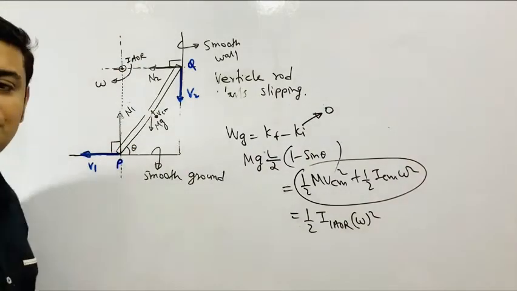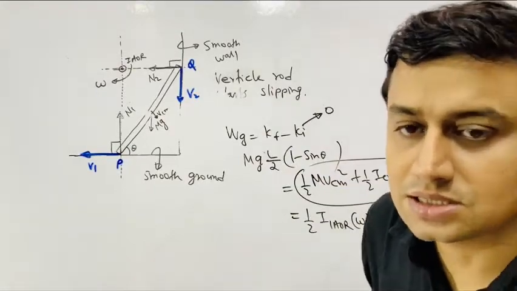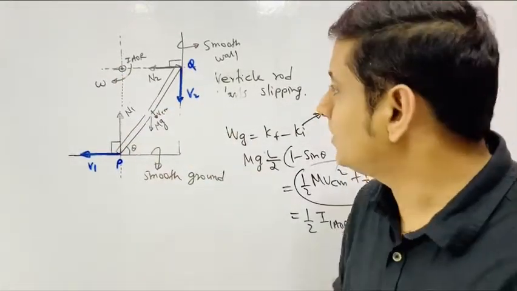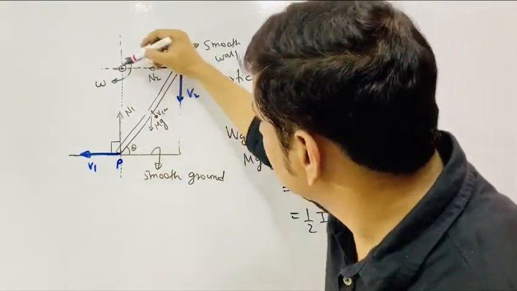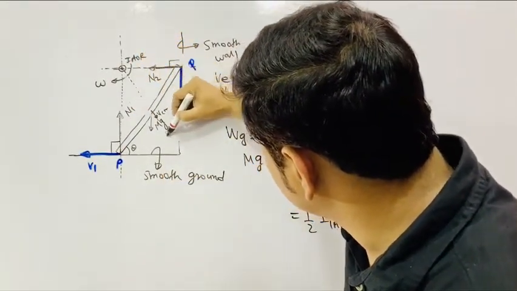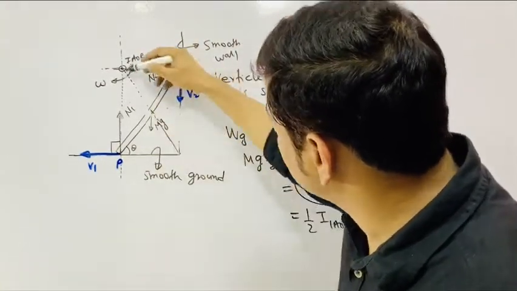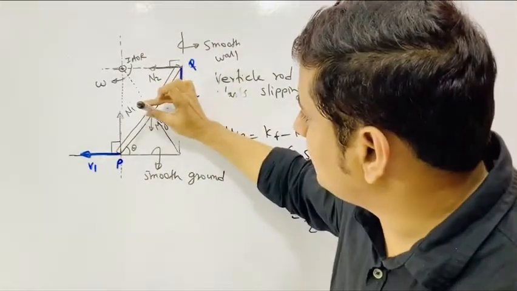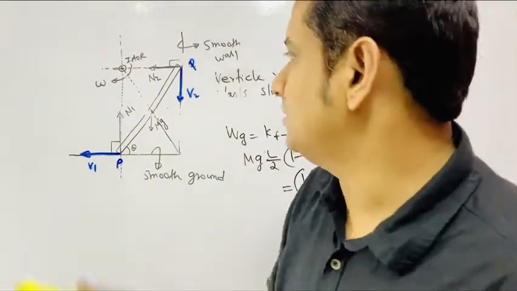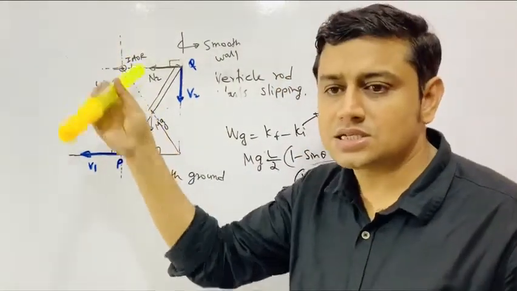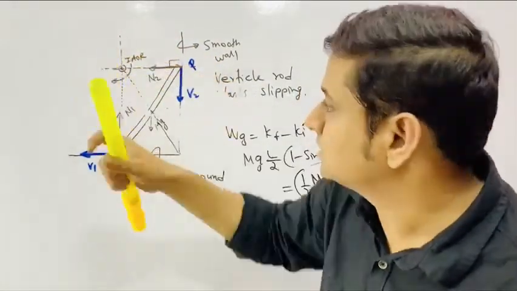Now I know the moment of inertia about the center of mass axis, I about the instantaneous axis. How? Because this is a rectangle, see? This is one diagonal. So this is another diagonal passing through the center of mass. I know the moment of inertia about this. I have to get the moment of inertia about this axis, which is the axis passing through the instantaneous axis of rotation.